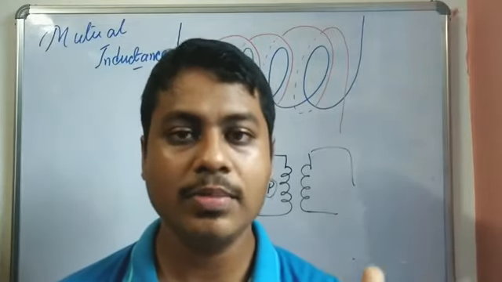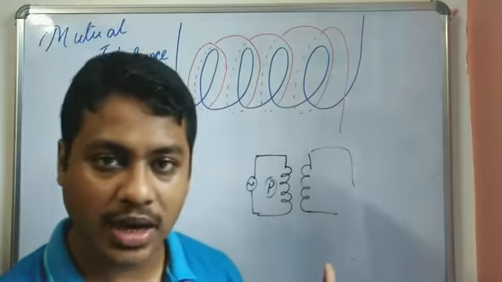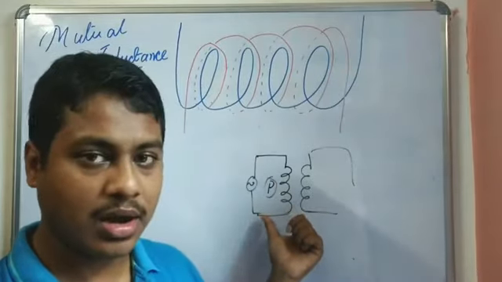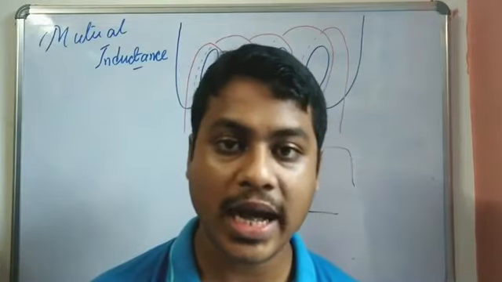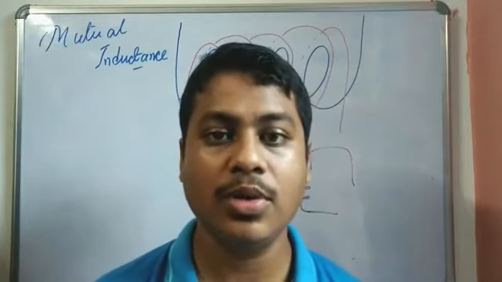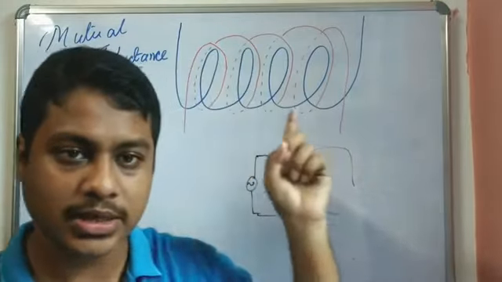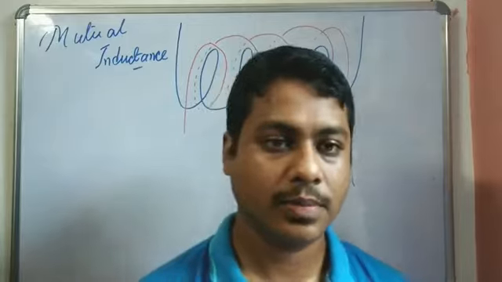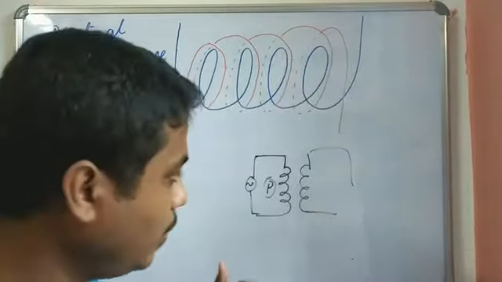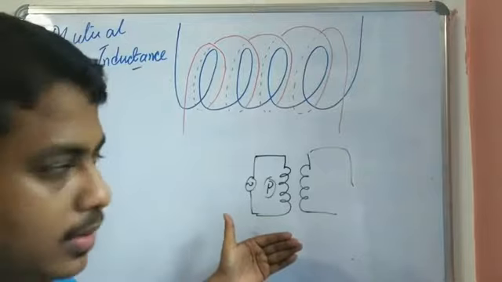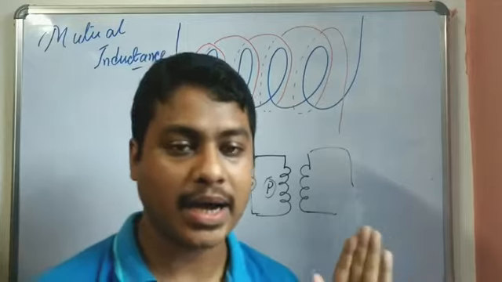Now what is mutual induction? It means the amount of magnetic field that changes in a primary coil also changes in the secondary coil with the help of the property which we call mutual induction. Clear? You can see the mutual induction definition above. So we need to calculate the mutual inductance provided by a solenoid.